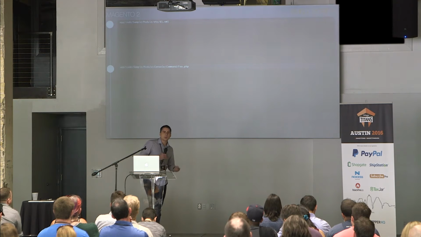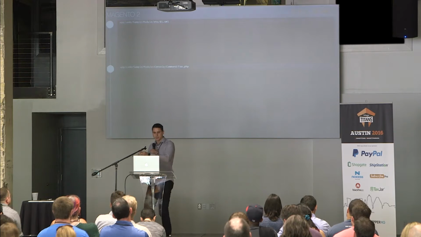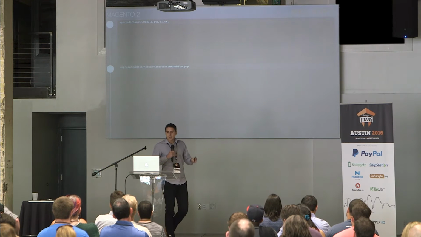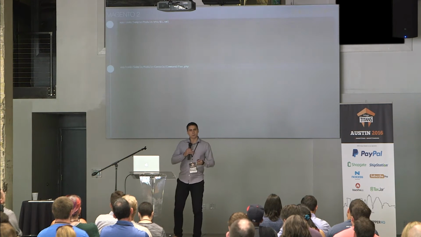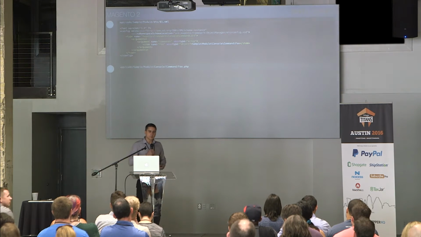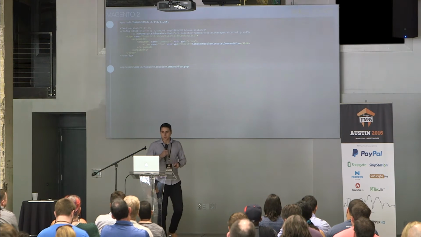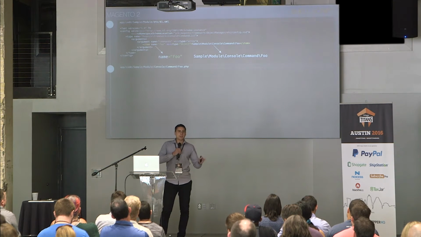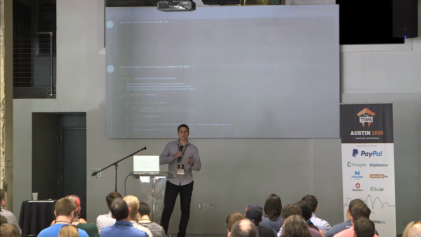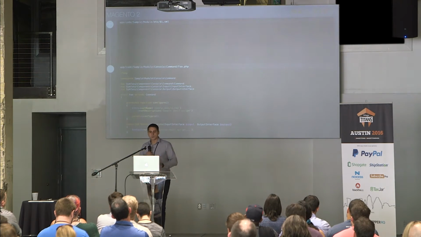In order to do that, you have to create two files. First, the object manager configuration file, which is etc/di.xml. Second, you have to create the class for the command in the Console/Command folder. So, on the object manager configuration file, you declare a new command and you set the unique name for the command and the class. Then on the class, you extend the Symfony component console command class, and you override two